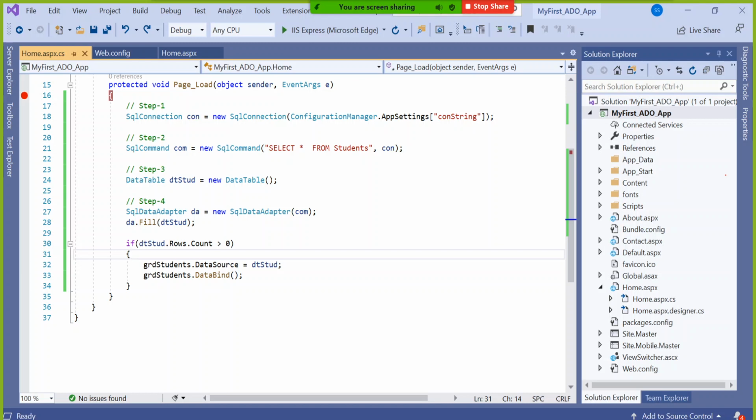But this time we are developing an application. This is called application architecture. That is called service oriented architecture. So don't mix both of them, you will get confused. Application architecture means one database, one application here. Now I'm collecting the data from the database and directly displaying it on the page itself.